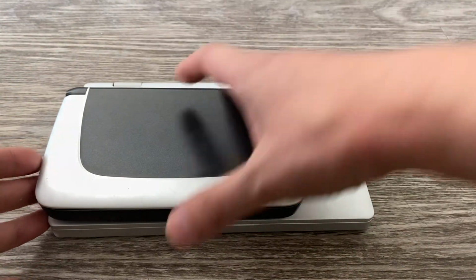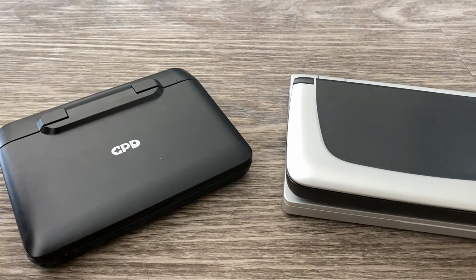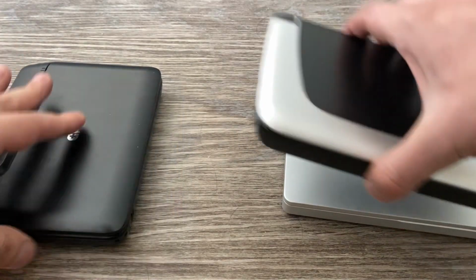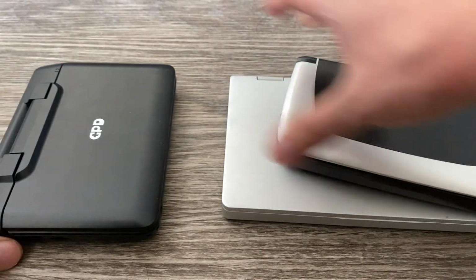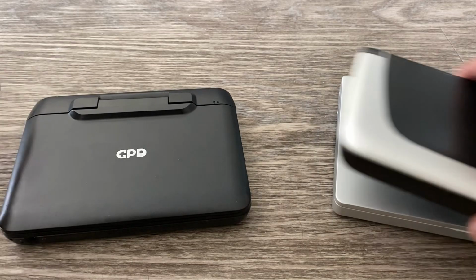And if I didn't, then perhaps I could use the micro PC instead. So that's why I was starting off this video with the micro PC, because I was thinking if I get the Win Max, then I might not need the Win 2 anymore if the micro PC can be used to play retro games as well. Right now, obviously,